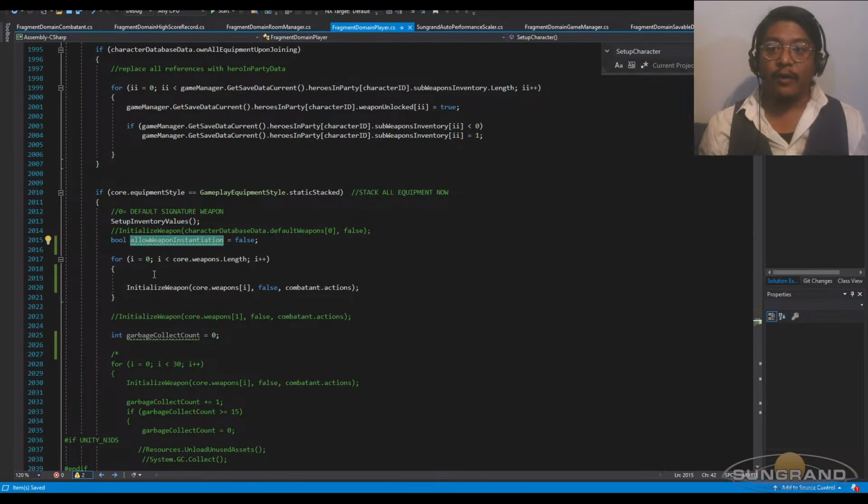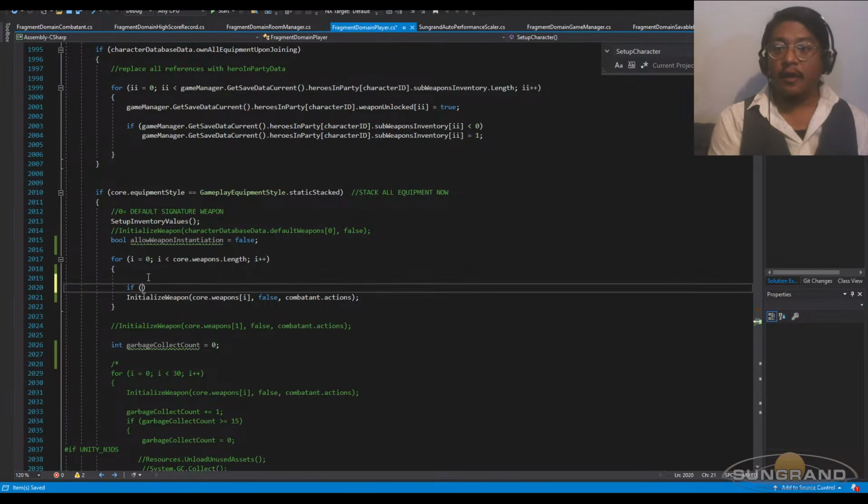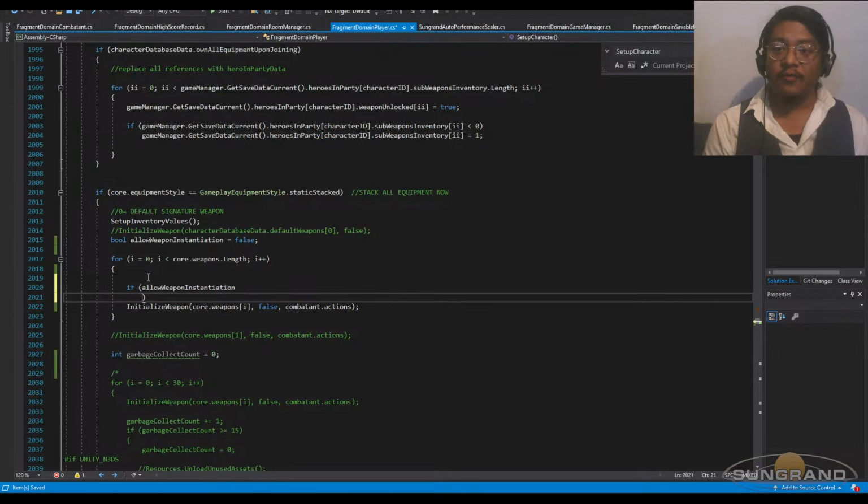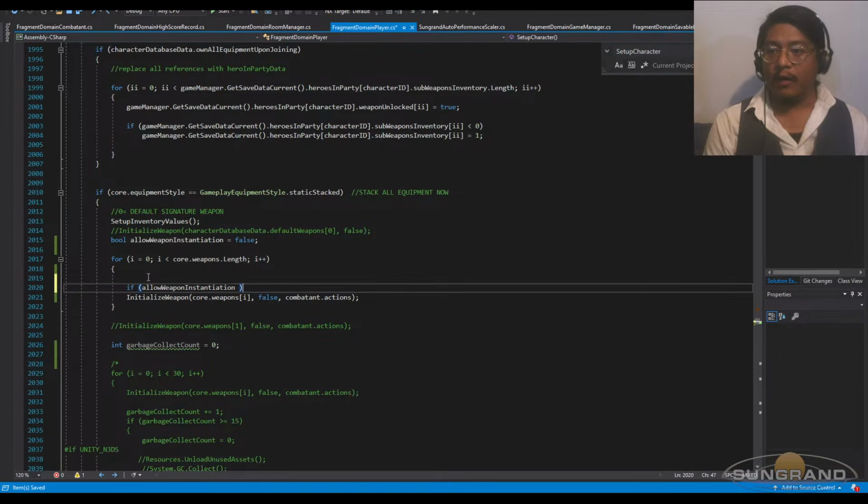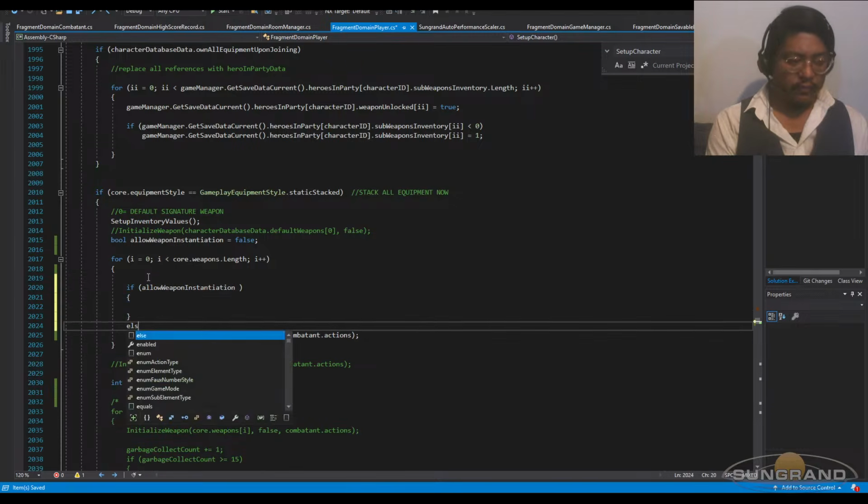So right now we are going to have this here, just an argument, and if we allow the weapon instantiation,